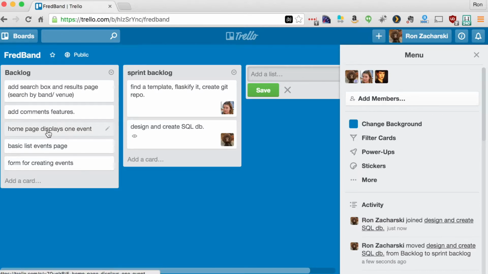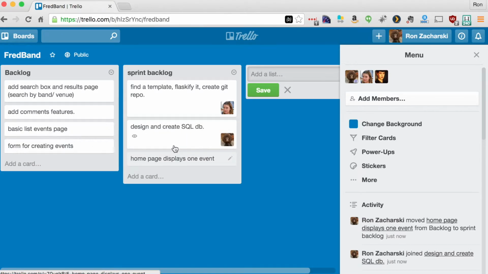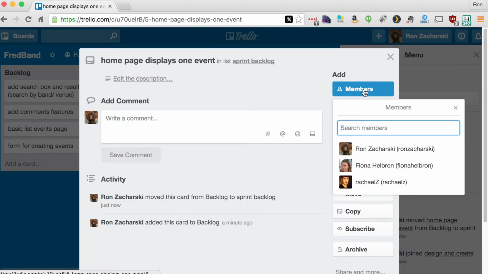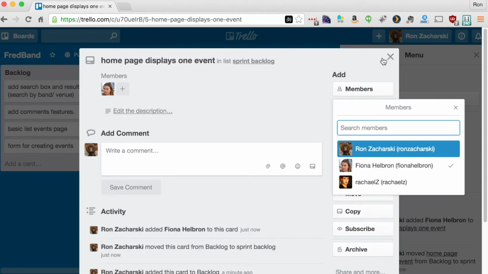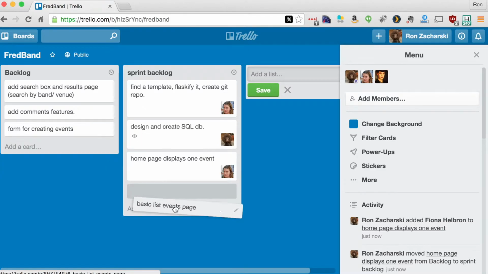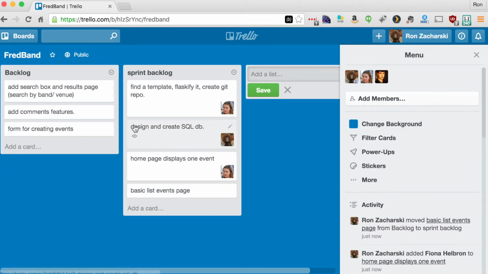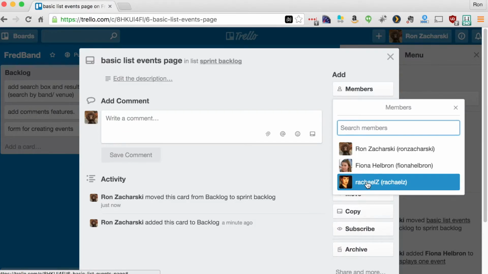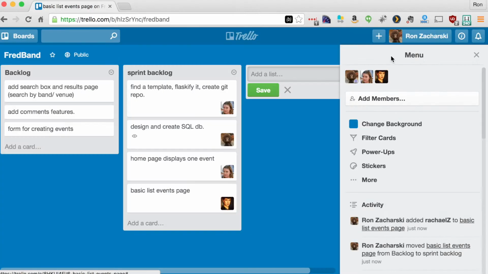And we want that home page looking good. And we'll assign Fiona to do that as well. And we're going to have this SQL file that's going to display the basic list page and on. So we'll drag stuff we're going to do. We're committed to that we think we can accomplish in about a week and a half worth of work. Let me just add a member here. Okay, so there'd probably be a few more here, but there'd be this sprint backlog, so we can all look,